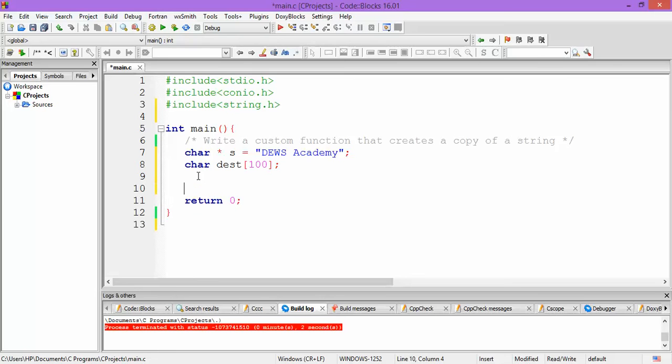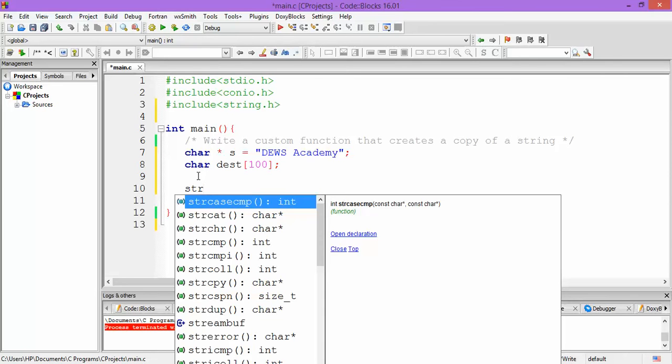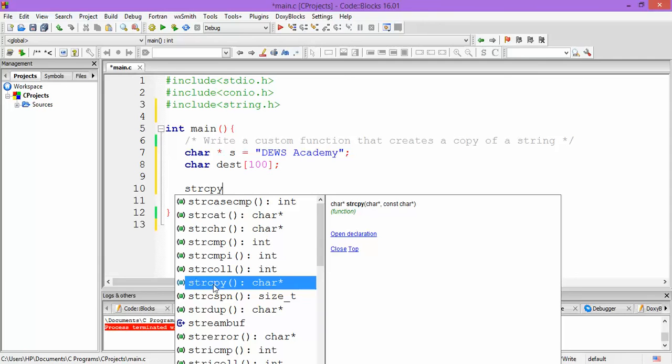Now we will be using the inbuilt string copy function to accomplish the task. So here if you see, the string copy function takes two parameters, two character pointers. The first one is the address of the destination array in which a copy has to be created, and the second one is the address of the source string of which a copy has to be created, and it returns the address of the destination array.